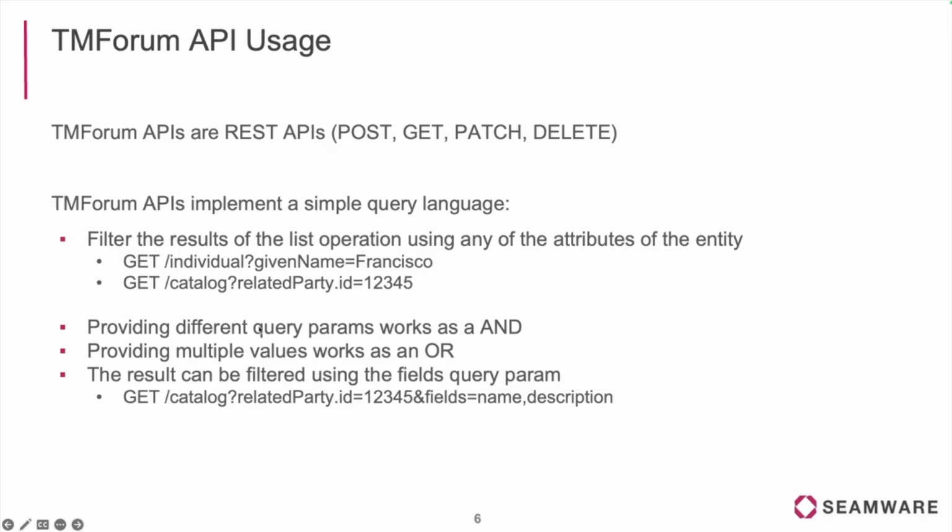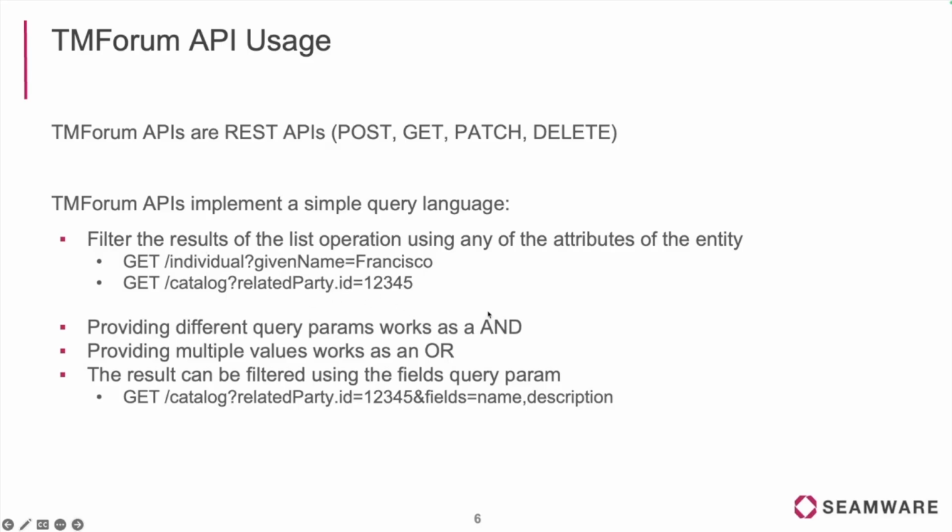So if I want to get all the catalogs whose related party ID is this one, I can make this query. Related party is an object which has multiple fields. It has the id, it has the href, it may have a role, a couple of things. So if you need to link this, you can just use dots in order to go deep into the different